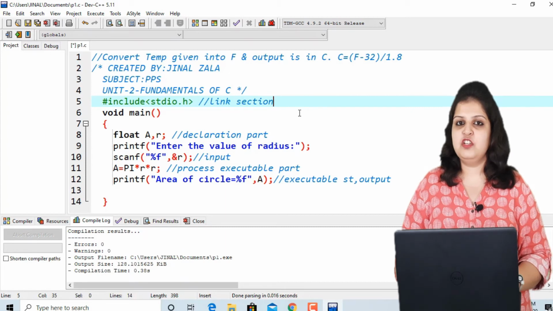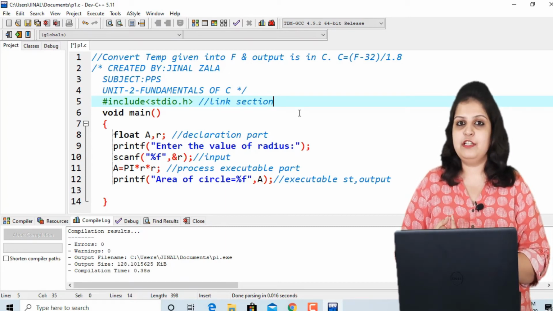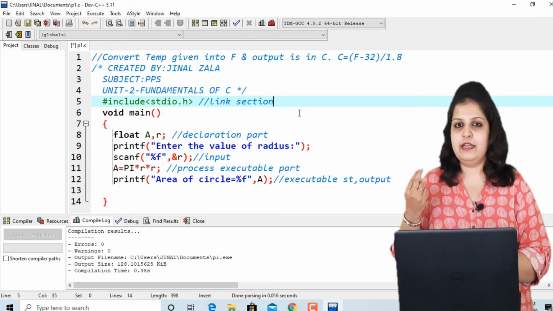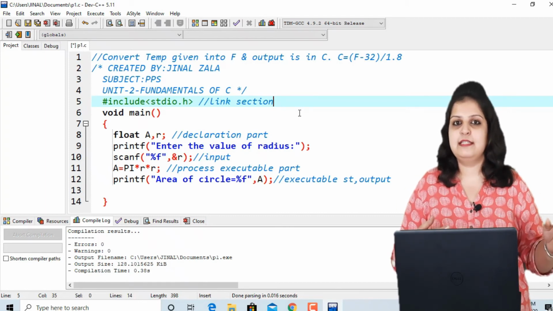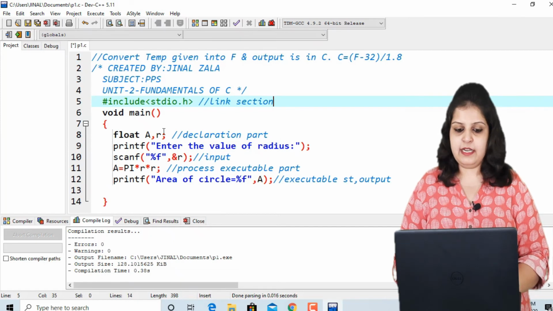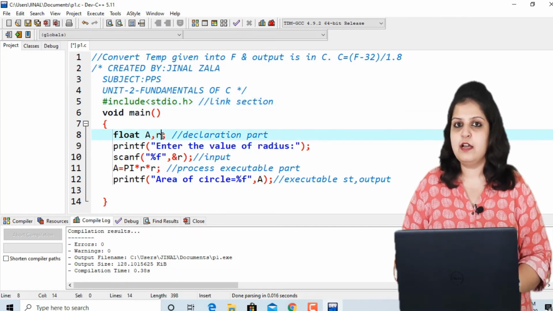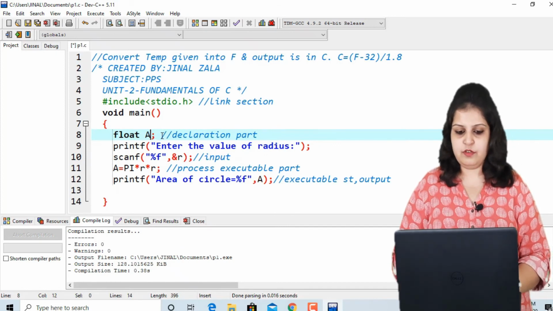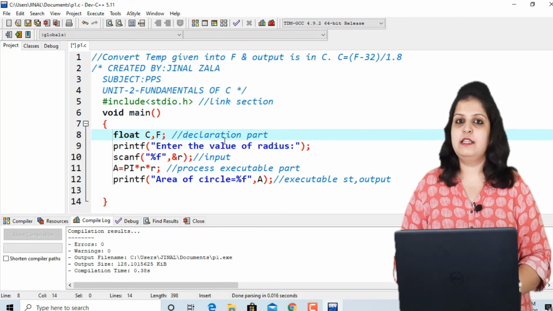Temperature is either in Celsius or Fahrenheit, so we have to take two variables, one for Celsius and one for Fahrenheit. Our input is in Fahrenheit and our output is in Celsius, and the data type is float because it is possible that the temperature is a real number. So remove the two variables a and r, and instead I am writing C and F, C for Celsius and F for Fahrenheit.